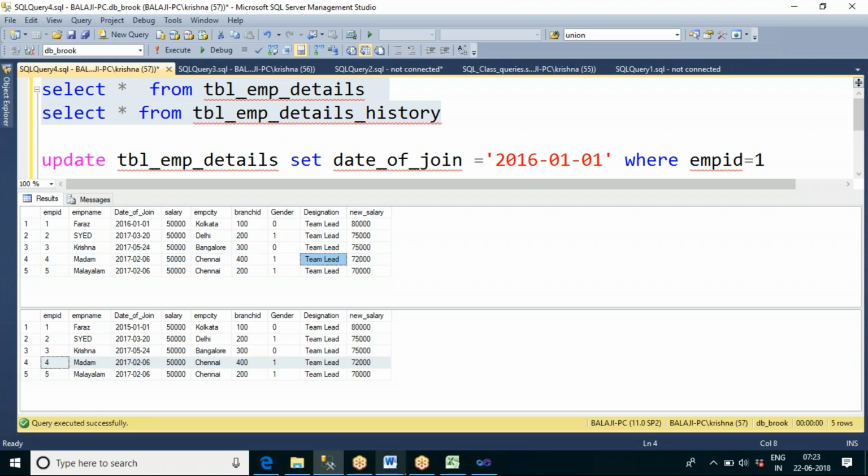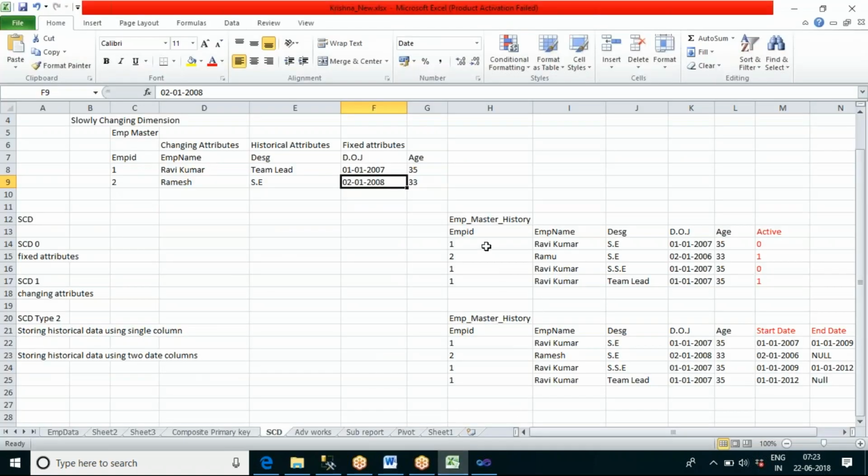For employee 1, how many records are there in the history table? We have three records. Whenever his name is changed, let us say from Ravi Kumar to Ravi Kumar M, along with initial.